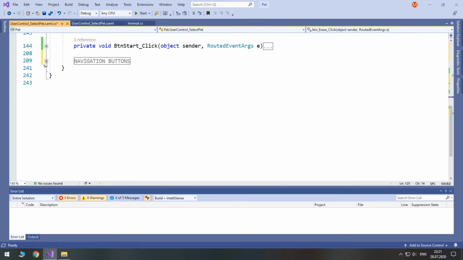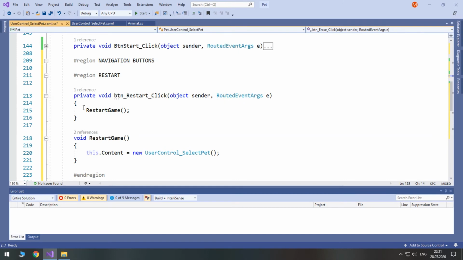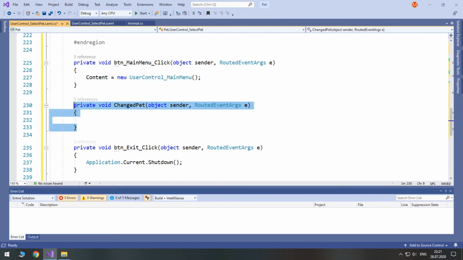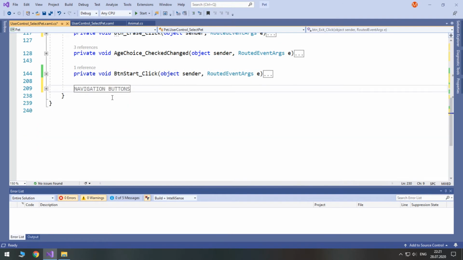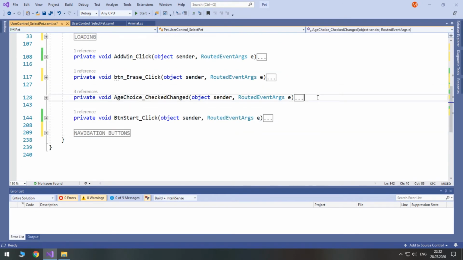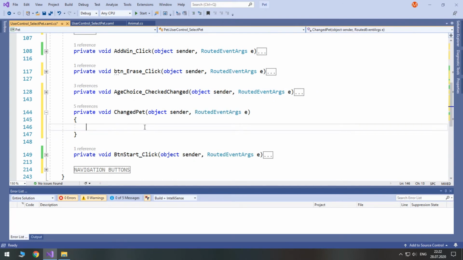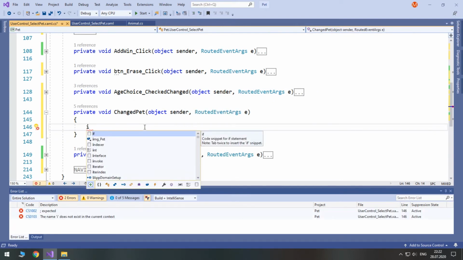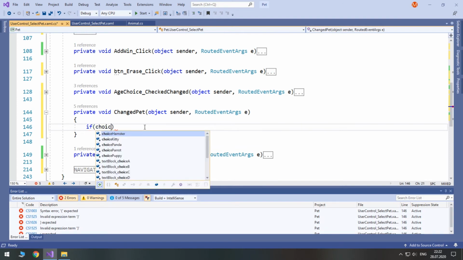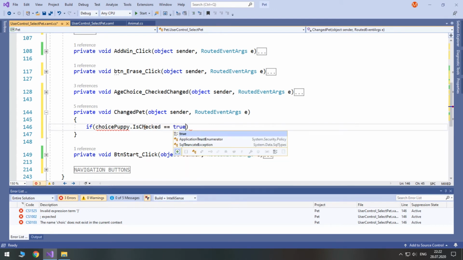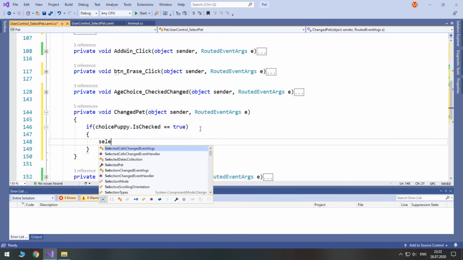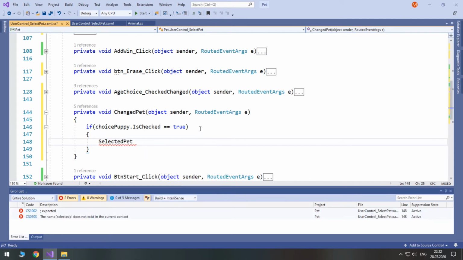Now I think I misplaced our changed pet method. Let's move it from here to here. So when we change our pet, we will check which radio button is checked. So if choice puppy is checked, so if it equals true, we then access our property, so selected pet, and we access its type